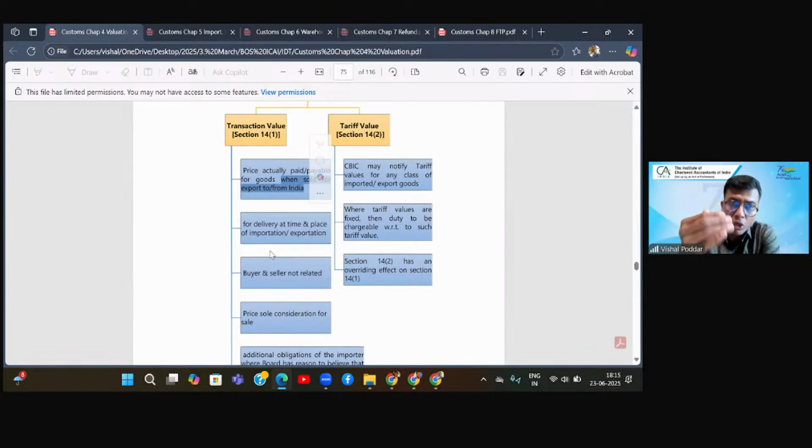It is not my local price in Russia. It cannot also be my price to other countries. These prices are never taken in our value